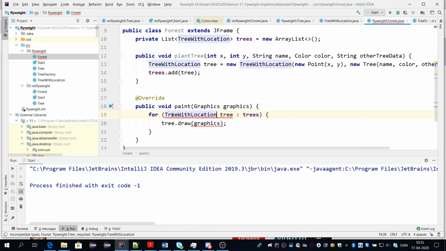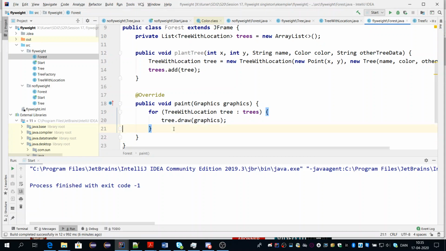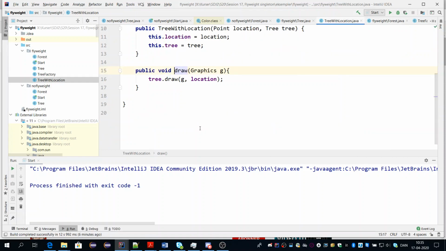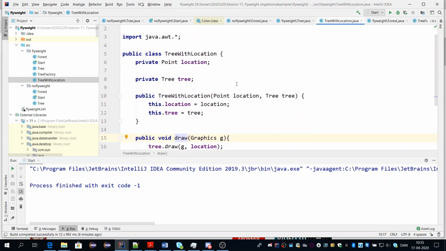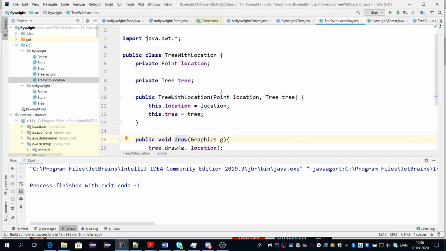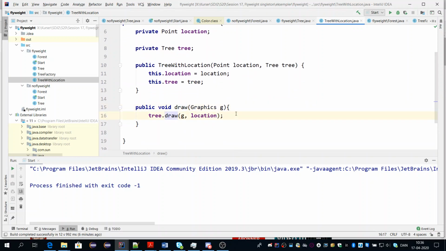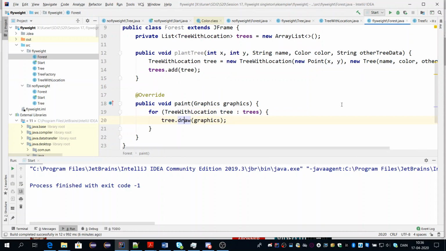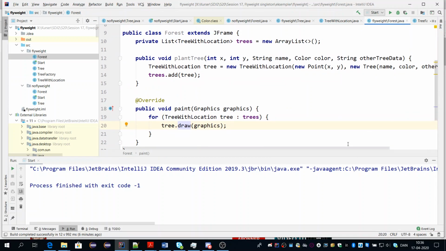And here also. So this works out fine. Let's see, from the forest point of view, it only supplies the graphics. But from the tree with the location, we get the graphics, but we supply the graphics and the location to the tree because the tree no longer holds the location. So this works out, I'm sure this will run, but